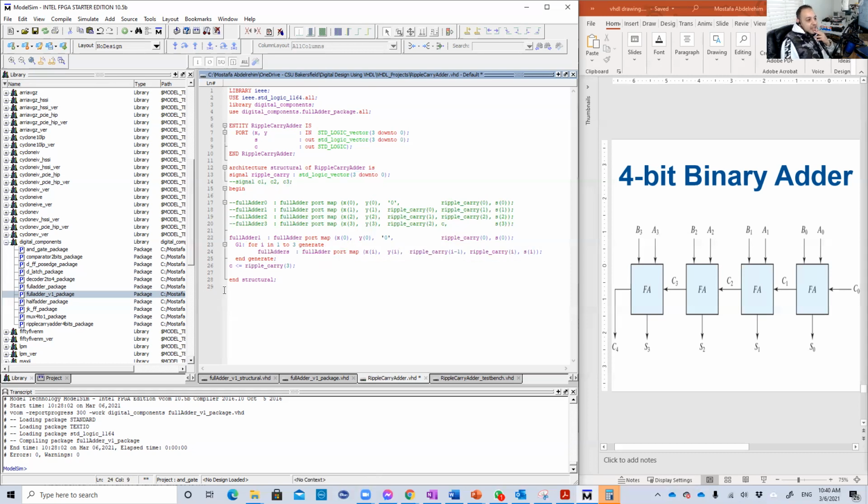So basically with generate, you can just give one label here. You don't need to name many labels. So it's just one label. And I called it full others because this line will generate many full others for us. Okay, 3 exactly. So full other, board map x of 1, y of 1, rebel carry of 1 minus 1,